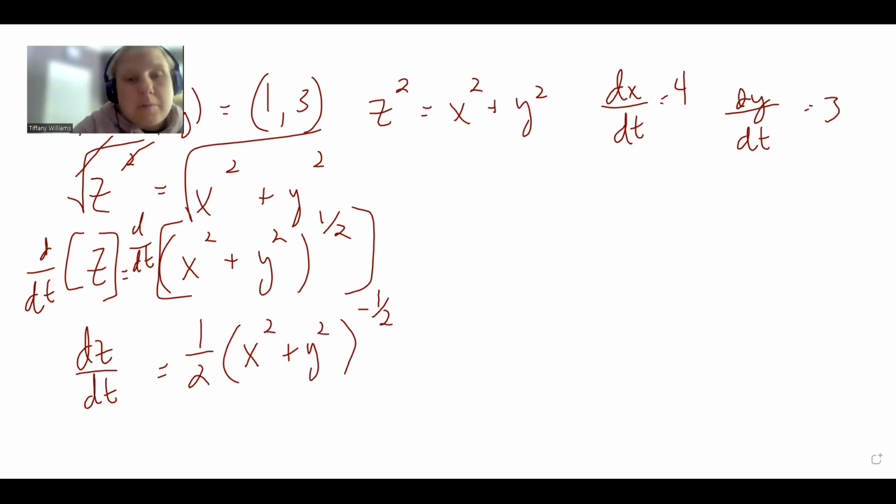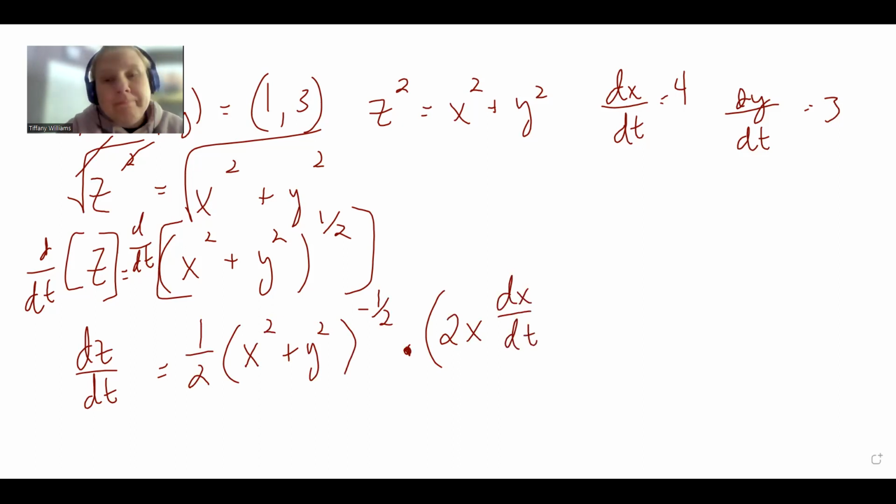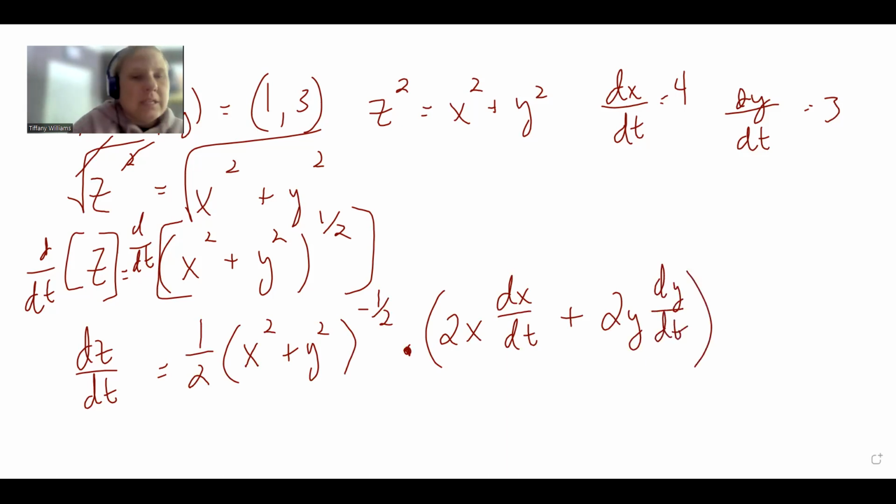All right, so there's that part. And then I need to multiply by the derivative of the inside. So the derivative of x squared is 2x. But because it wasn't in terms of time, it's going to be dx dt. That's where those related rates come in. Plus the derivative of y squared is 2y. But because it's not in terms of time, it's going to be dy dt. So now we've got dz dt